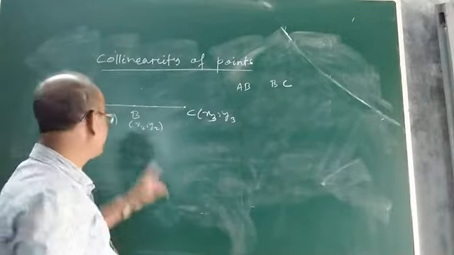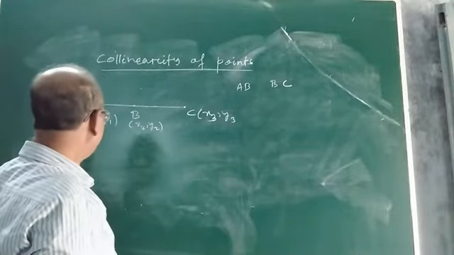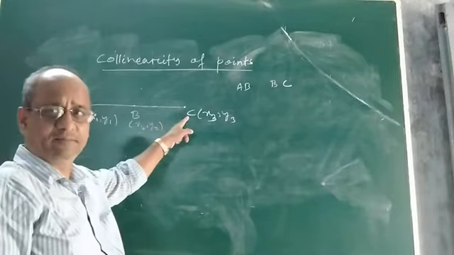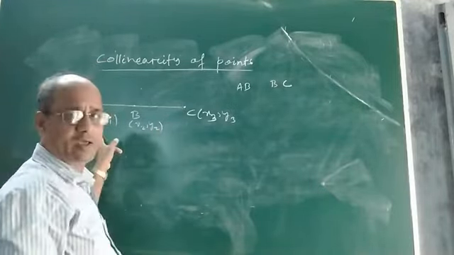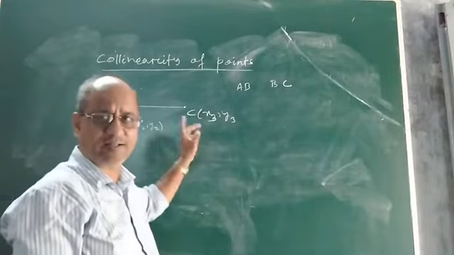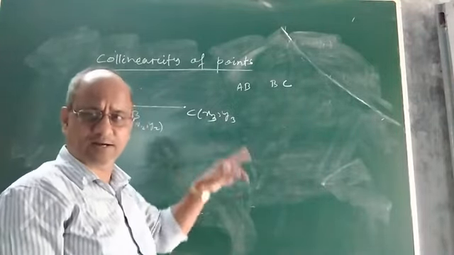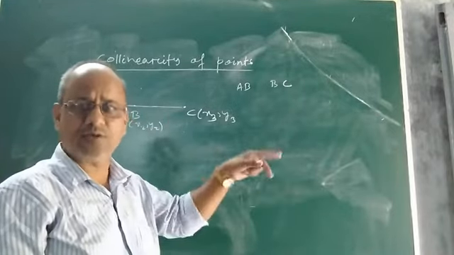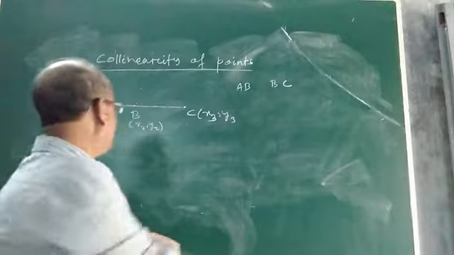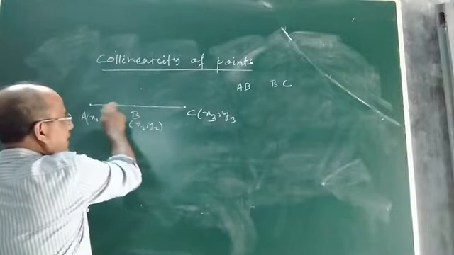Now what is the next step? The next step is to look at the vertices A and C. Their coordinates are also given. The coordinates of A are x1, y1. The coordinates of C are x3, y3. As you know the coordinates of A and C, now again you find the distance between A and C using the same distance formula, or find the length of the line segment AC.